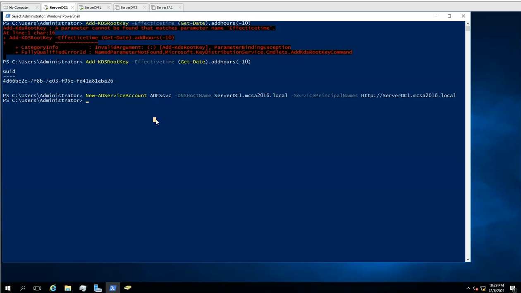All right, so the next part is going to be create a self-signed certificate for the server. So New-SelfSignedCertificate, certificate store location, cert:\LocalMachine\My, DNS name ADFS